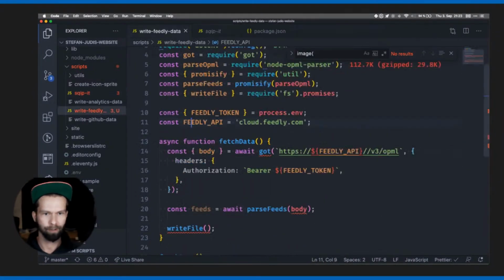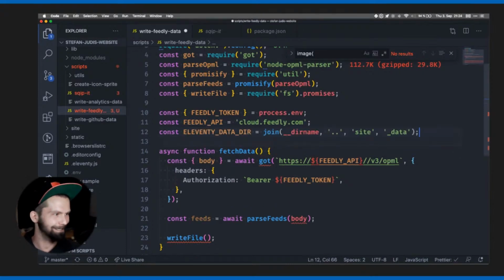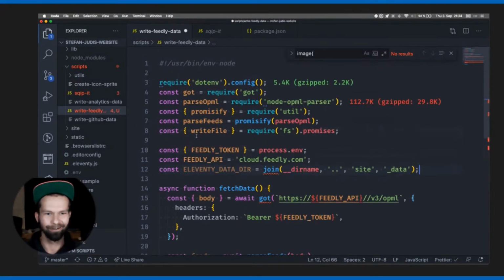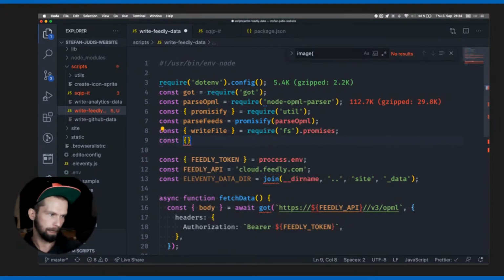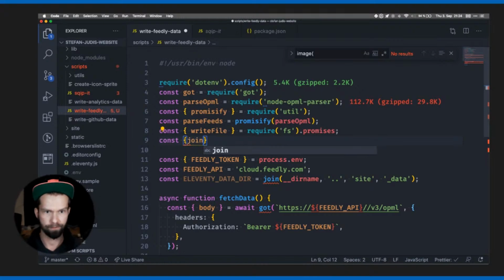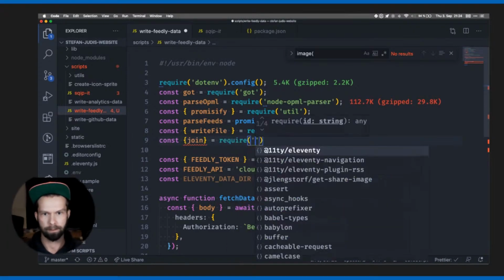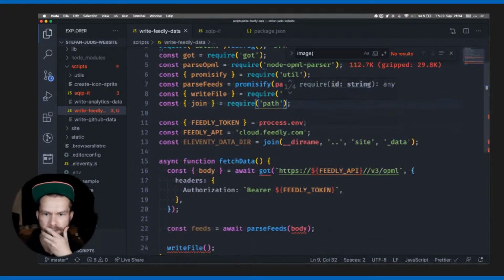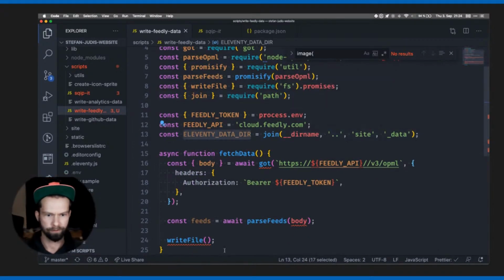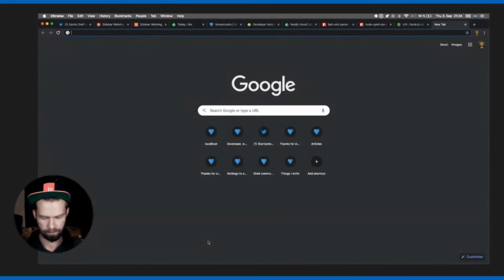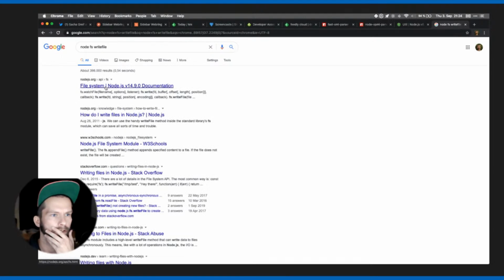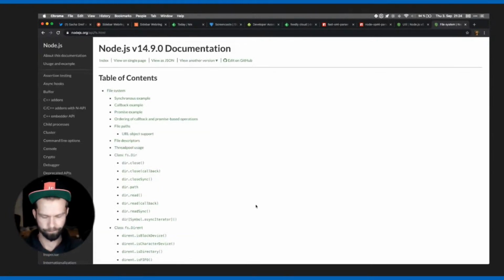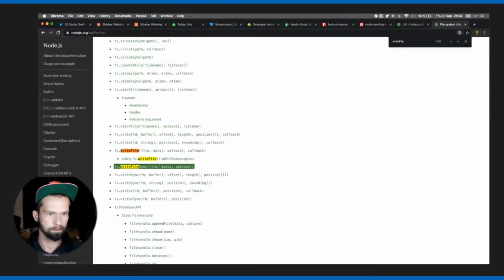That's not pretty. I should probably centralize that somewhere, but that is good for now. So let's grab join from the path directory to deal with back and forward slashes here. So let's do join, require path. Sweet. And with this, what we could now do is write file in fs Node, fs write file. Let's have a look. Okay, we can go to the file system, write file,